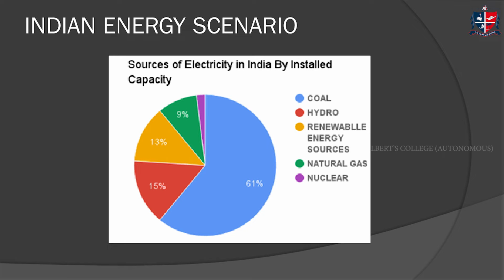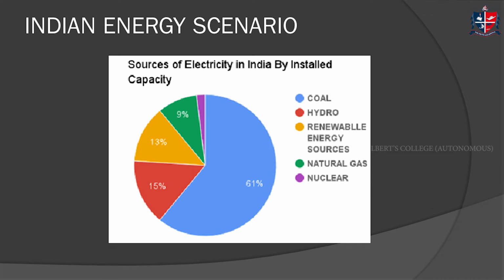Next, we are coming into the Indian energy scenario. From where do we get this energy? We are classifying it with the help of a pie chart. This chart basically shows the percentage-wise production. Out of the 100%, mostly 61% of our energy is from coal. These are just average figures, may not be exact, but this gives us an idea of the percentage-wise production in our country. Okay, 61% of our energy production is from coal.